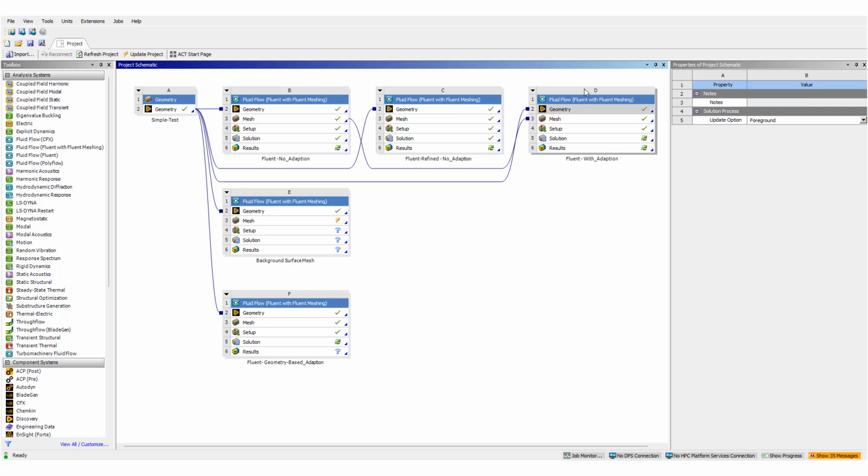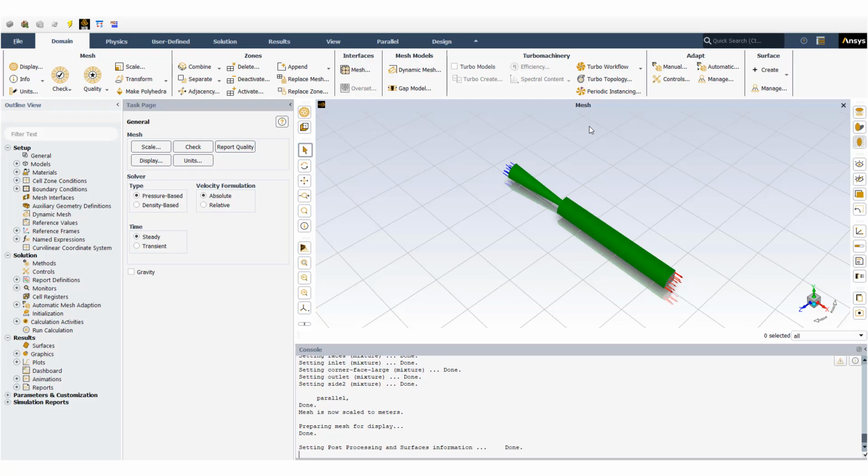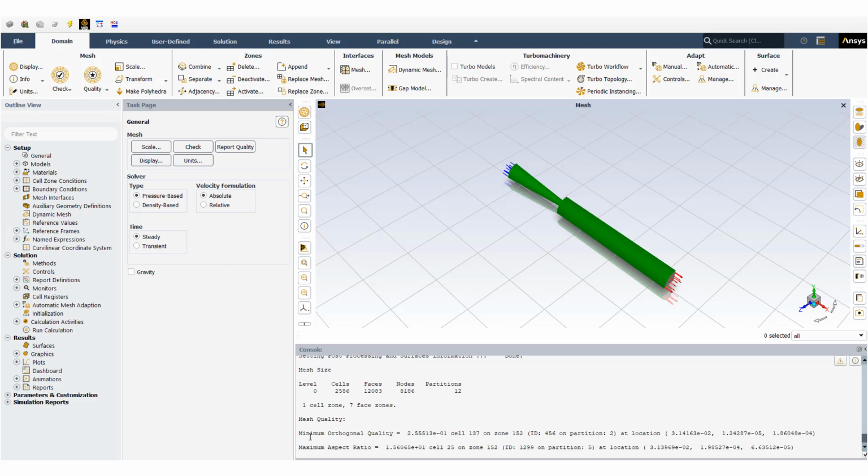Now we want to work with the original mesh, the initial mesh, as you can see, and see how mesh adaptation can help us. Let's start this and see how we can set up the mesh adaptation. So this is the initial mesh that we have, and one important point here is that the minimum orthogonality quality,